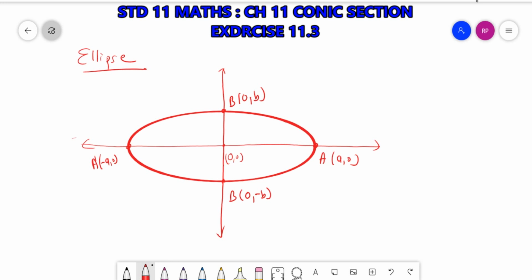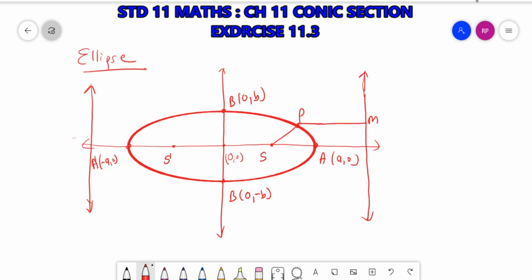Now here, before eccentricity, let's see the directrix. There will be two directrices. Now see what we studied: in a parabola the ratio was always the same. Here there will be two foci, S and S dash. If I take any point P, and M is the perpendicular from P on the directrix,